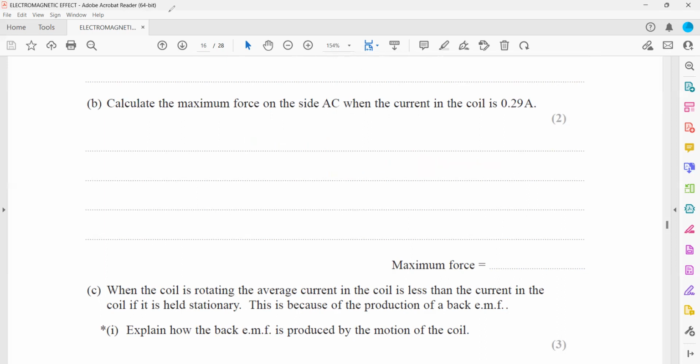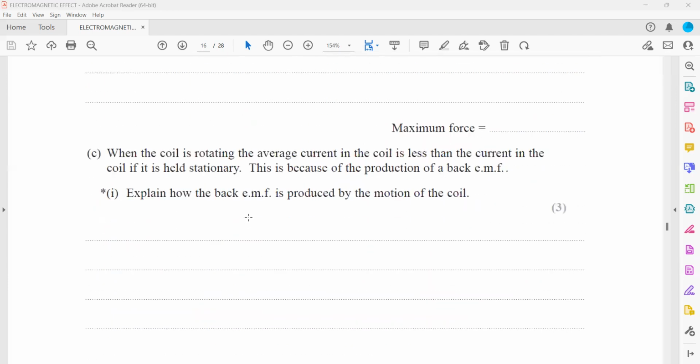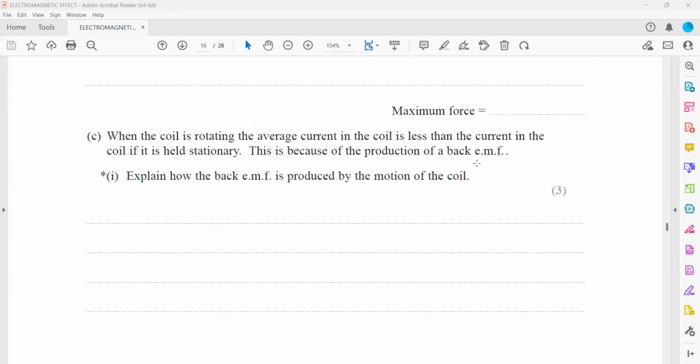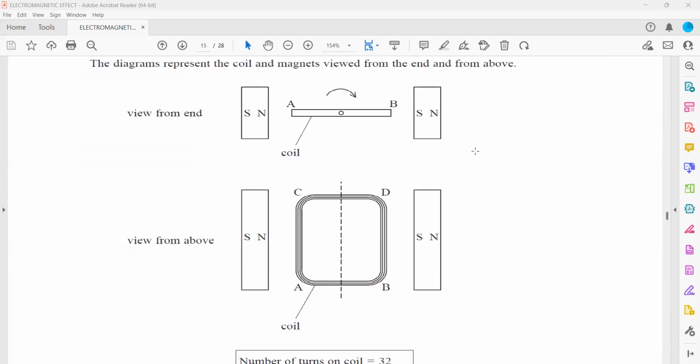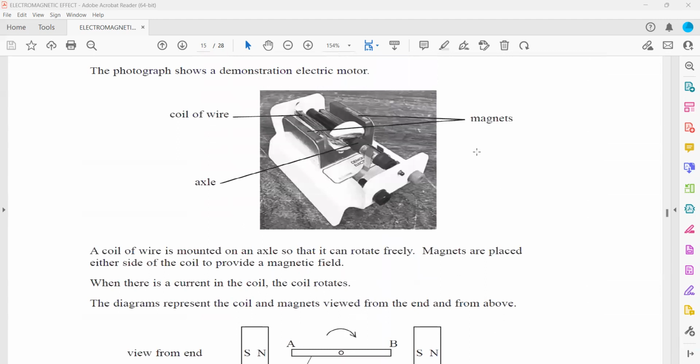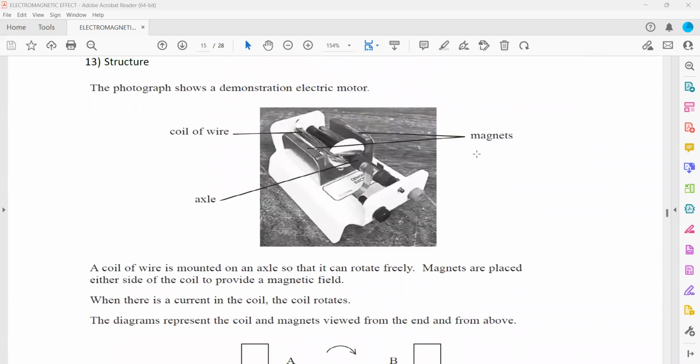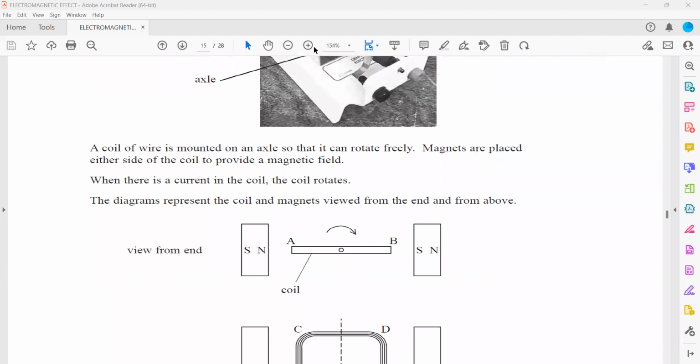In part C1, when the coil rotates, the average current in the coil is less than the current of a coil if it is held stationary. This is because of the production of a back EMF. Explain how the back EMF is produced. Basically, as we know according to Faraday's law, whenever there is a change in magnetic field, there is always a current. So first, if we have two magnets and we place a rectangular wire between the magnetic poles